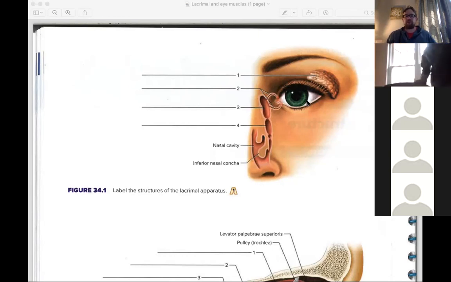So in this case, the lacrimal gland, right, is kind of situated right here. When you rub your eye right above your eye right here, you're actually touching your lacrimal gland, all right? Your lacrimal gland produces what,